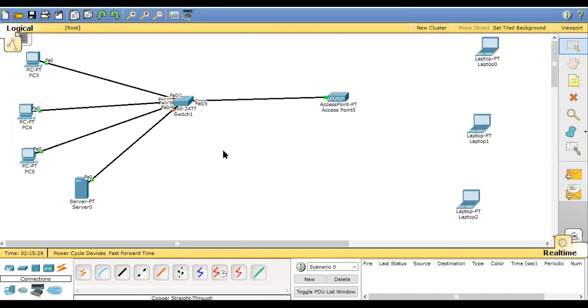All right, now what I will do, I will configure this as a DHCP server, because to get the Wi-Fi connection, to get the IP address, your company must have a DHCP server. So I'm configuring this as a DHCP server. So let's see how to do this.